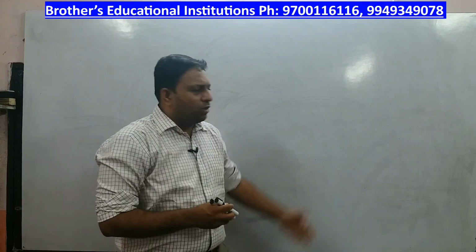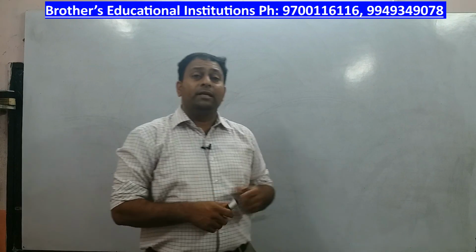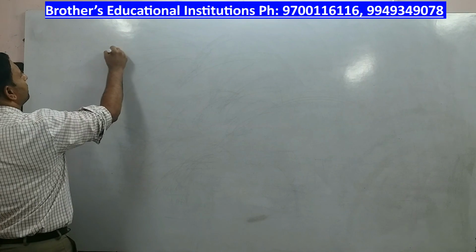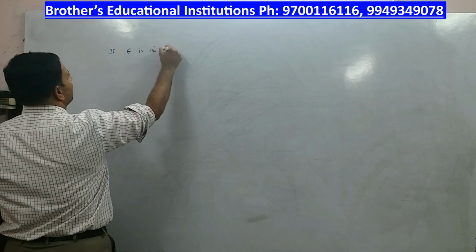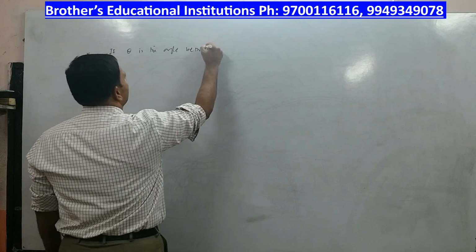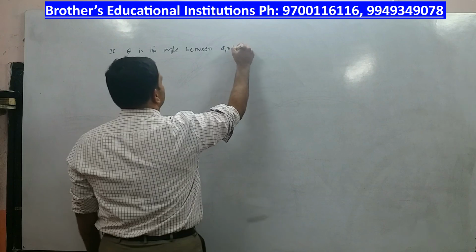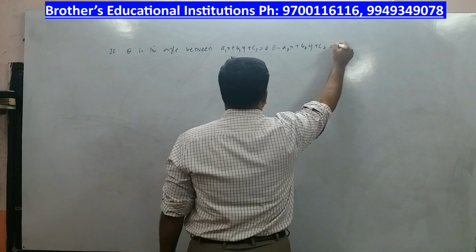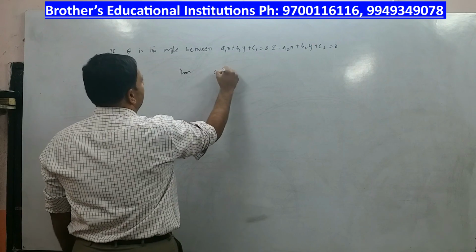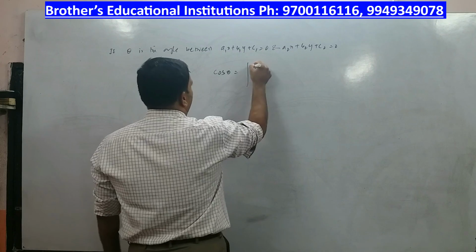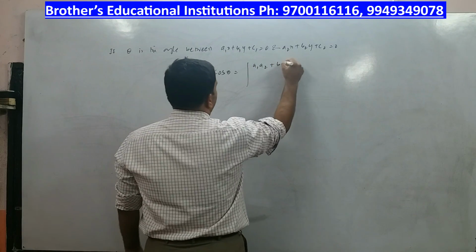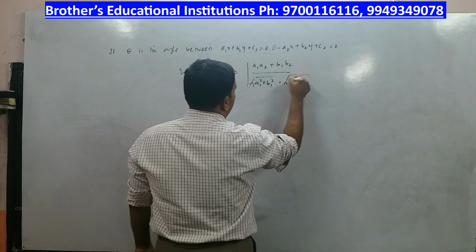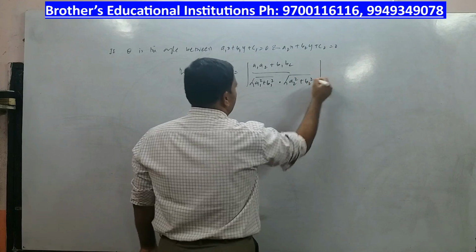Right. So I'm sure you copied the concept of pencil of lines. Let us move forward with the angle between two lines. All right. Let us say theta is the angle between a1x plus b1y plus c1 is equal to 0 and a2x plus b2y plus c2 is equal to 0, then cos theta is equal to modulus of a1 a2 plus b1 b2 by under root of a1 square plus b1 square into under root of a2 square plus b2 square. A very, very important formula.